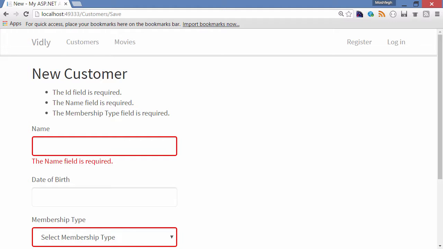Now, interestingly, you see we have 3 error messages. ID, name, and membership type are required. But where's ID? Well, earlier I explained how membership type was implicitly marked as required. The same story applies to the customer ID. So